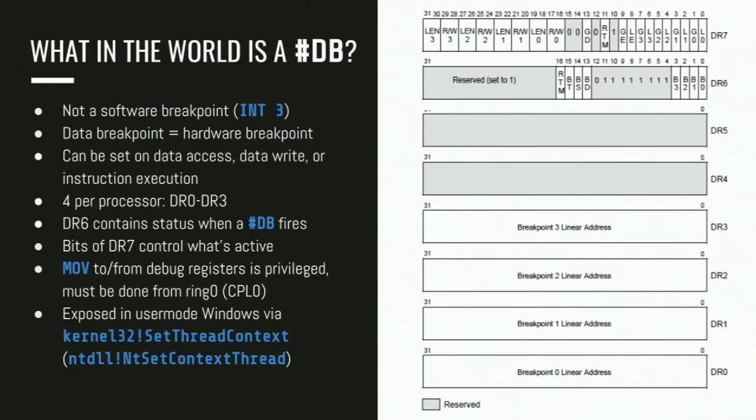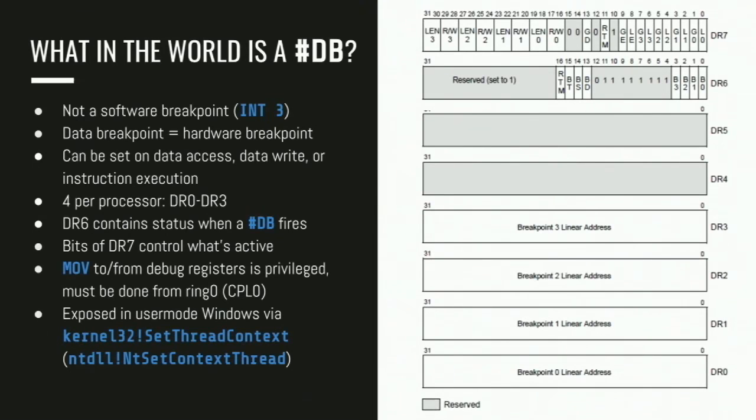When a hardware breakpoint fires, it's super important to understand that, and there's charts here that you don't really have to look through. This is in the SDM, the Intel Software Development Manual, so you could browse this at your leisure when you're trying to fall asleep. But the software breakpoint is different from a hardware breakpoint. I'm sure a lot of you guys have used software breakpoints for debugging purposes. A software breakpoint is an int3 or a CC, and a hardware breakpoint varies from that in that I'll use the term data breakpoint interchangeably to mean hardware breakpoint.